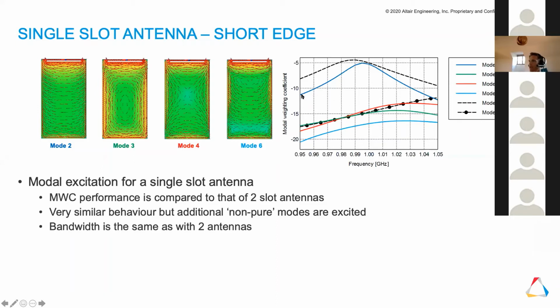Immediately what you'll see here is, as with the case with 2 antennas, we are able to excite, in this case, mode 2, though not quite as well as when we have 2 antennas. However, previously we had 1 unintentional mode, where now we have 3 unintentional modes. Where things are interesting here is, if we look at the bandwidth and compare that to the previous case with 2 antennas, the bandwidth is the same. So there seems to be at this point some correlation between having more modes and bandwidth.